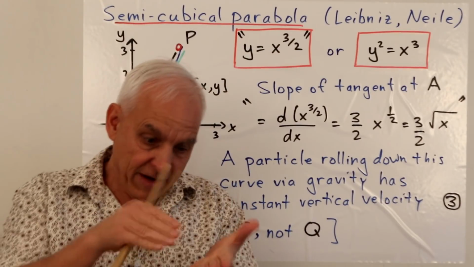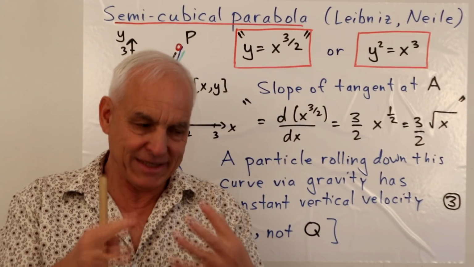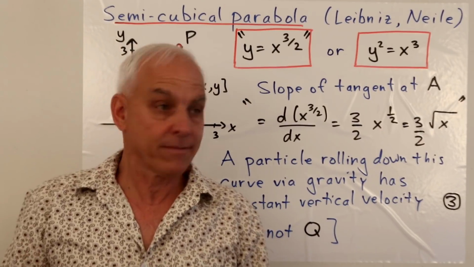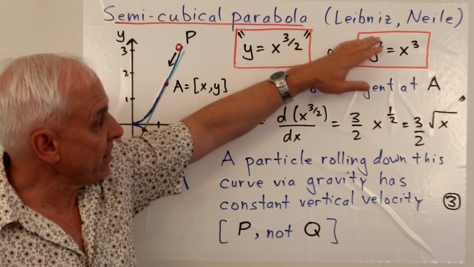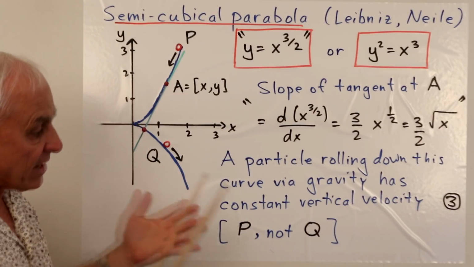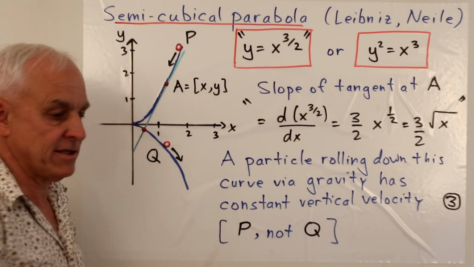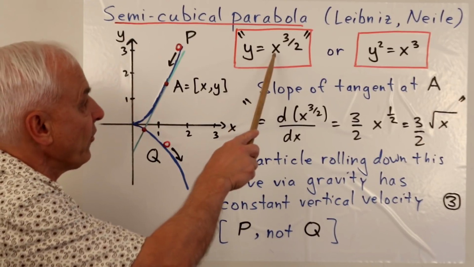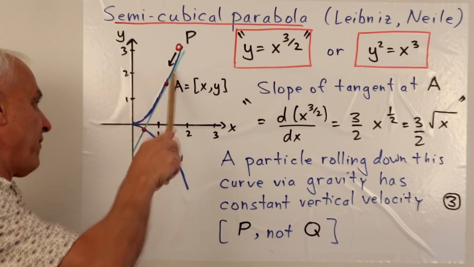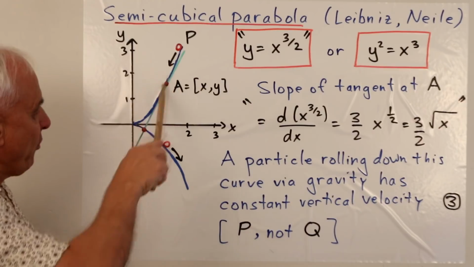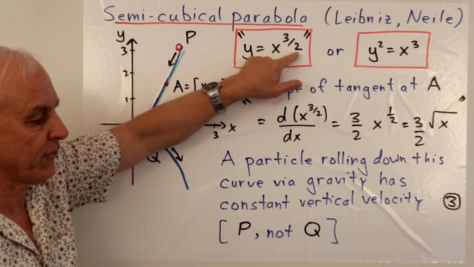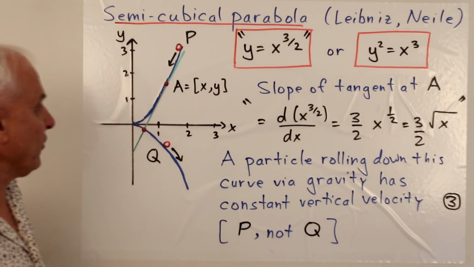So I want to have a good look at a very specific example here so we can really see what's happening. I'm going to look at a rather interesting curve called the semi-cubical parabola, which was first introduced by Leibniz, I think, and then interesting properties were discovered by Neil. In classical calculus courses, it has this as its defining equation: y equals x to the 3/2. And here is its graph. Actually, there are two branches of it. Maybe you might think of this as there being a square root implicitly here, so you're taking positive and negative values of the square root.